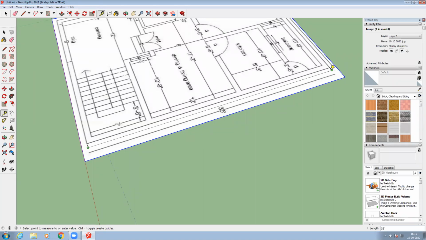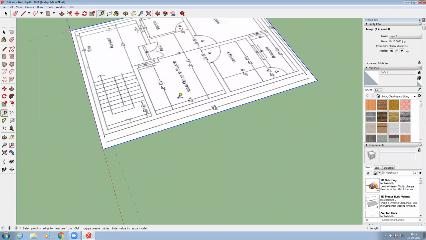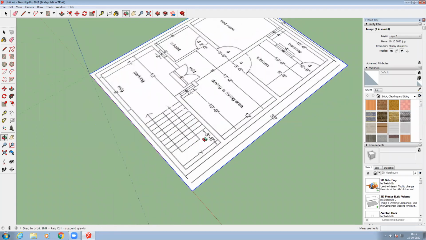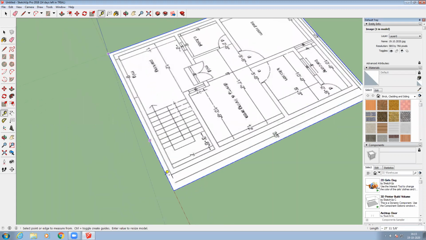Like this you have to change the scale of a particular image, or maybe any CAD drawing or any drawing which is imported from another file. You can change the scale like this, right? And then you just start working on that. And here you can see this dimension I had changed, that is 35 feet, right?